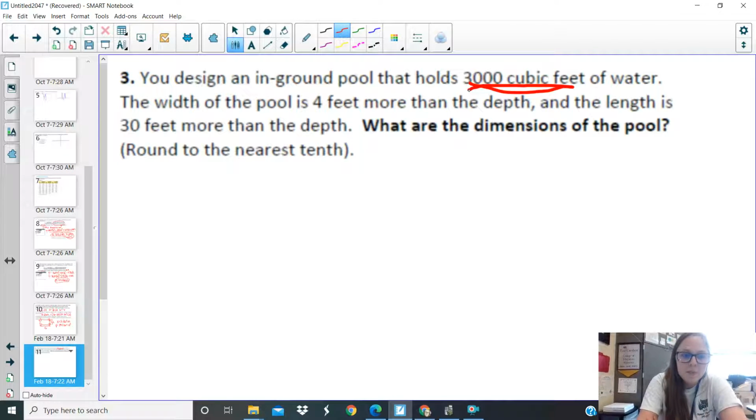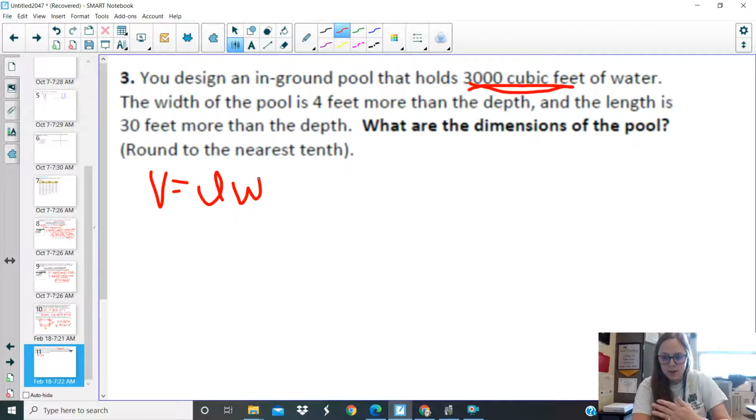that's going to be representing our volume. So our volume in this one, it's length times width, and then it would be times height, but since it's an in-ground pool, it's going down instead of up, so it's going to be the depth. But the depth is the same measure as the height. And so our volume is length times width times depth,